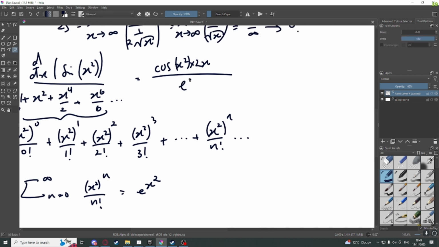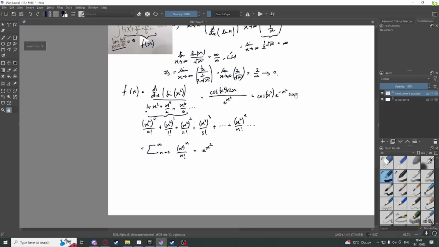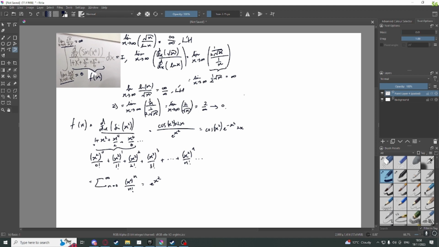And so f of x, which is my integrand, is cos of x squared times 2x over e to the power of x squared, and bringing e to the power of x squared into the numerator just requires me to introduce a negative sign in front of the power. So I'll write it here, times 2x. Oh, 2x. Okay. So from this,